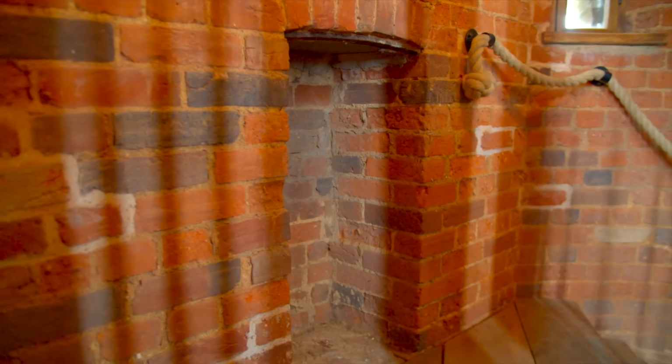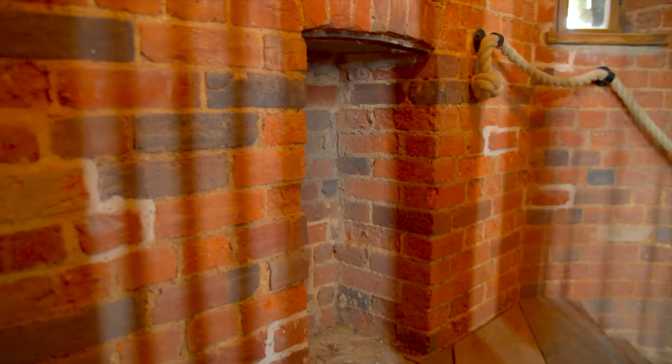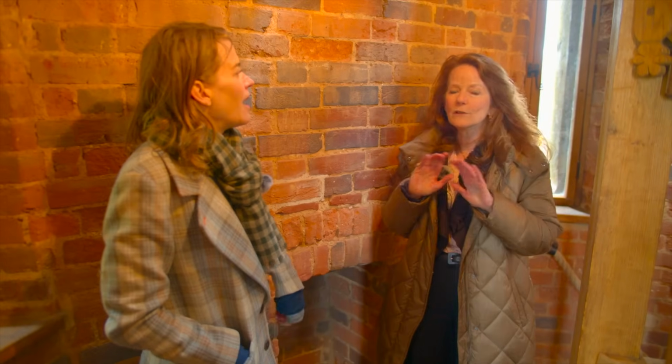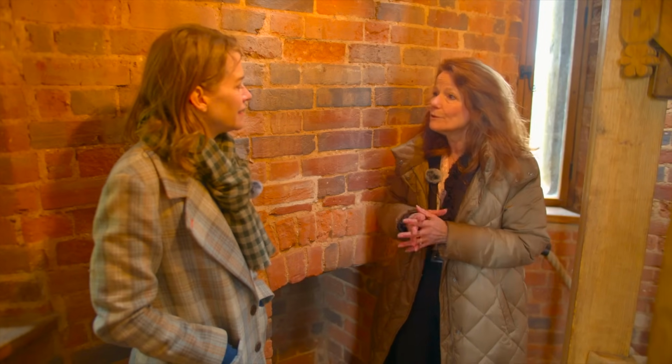Why were there fireplaces here? Because, of course, the watchmen, there's no heating in here. And the watchmen needed a place to sit, to stay warm. They were in here for long periods of time to make their tea and coffee. Yes. And make it just habitable, really. Yeah, no, of course. Today I can see why you would need, absolutely,